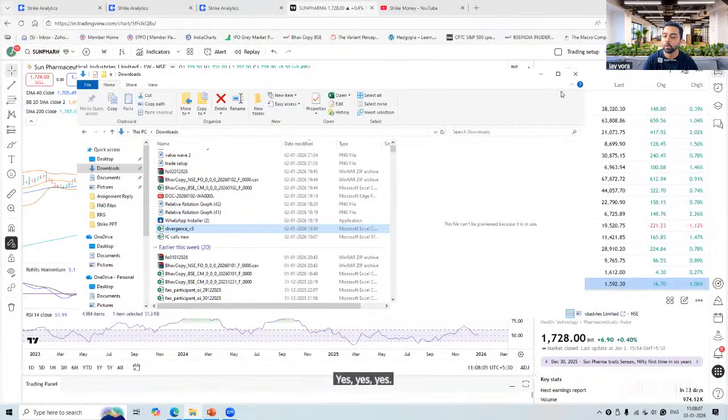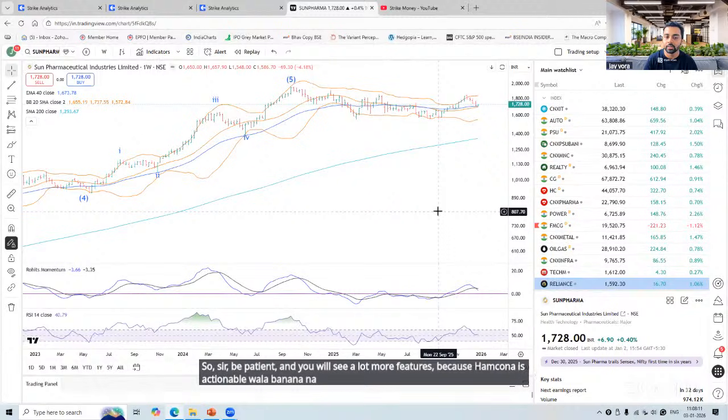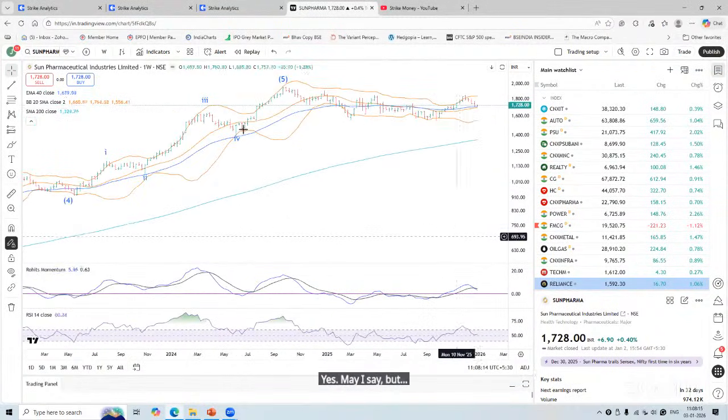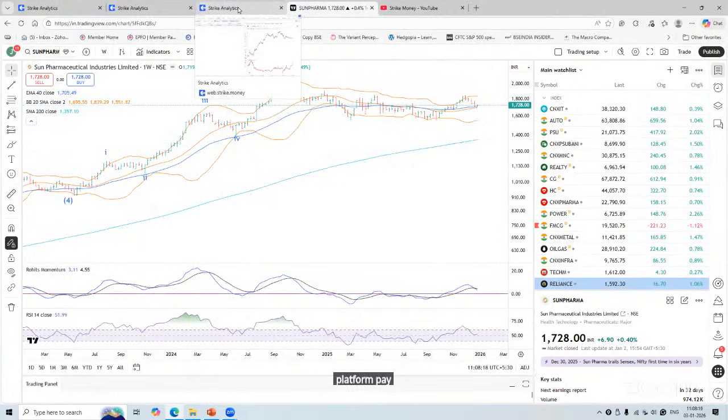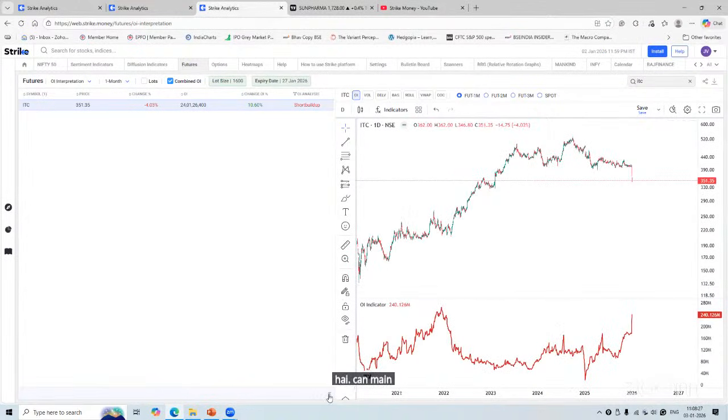एंड यू विल सी लॉट मोर फीचर्स, बिकॉज हमको इसको एक्शनेबल बनाना है, खाली डेटा नहीं दिखाना, सही बनाना है। क्योंकि आपने ये जितनी सारी चीज दी है, वो शायद ही किसी सिंगल प्लेटफॉर्म पे मिलती है। मुझे दो चार प्लेटफॉर्म रिफर करने पड़ते हैं, तो बहुत प्रॉब्लम होता है। आपके यहाँ ये सारी चीज अवेलेबल है, लेकिन मेन चीज है कि मैं थोड़ा फील्ड में रहता हूँ।